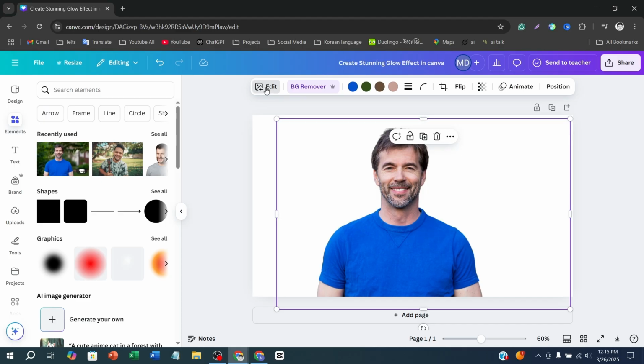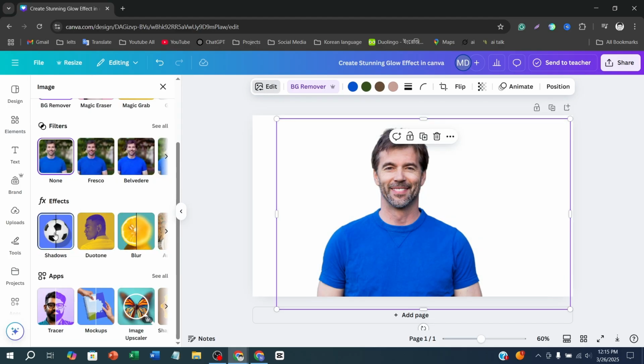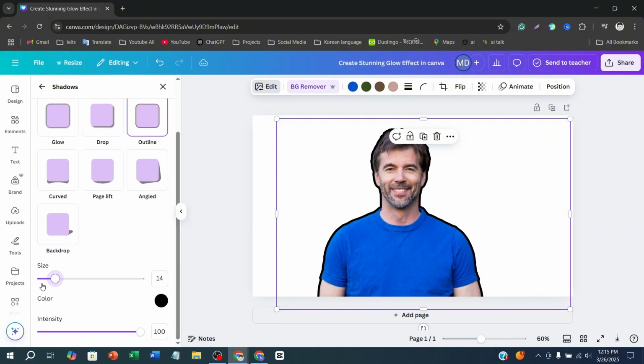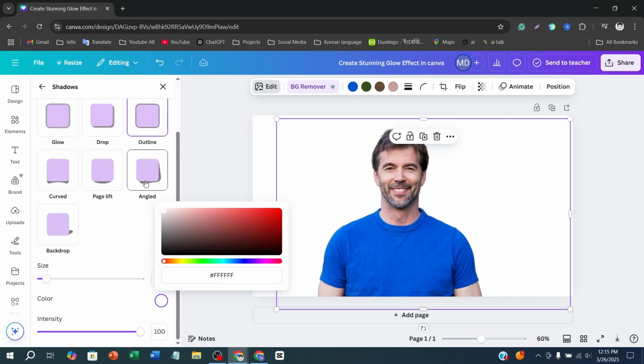Edit at the top toolbar. Under effects, here is Shadow, click on Shadow. Now click on Outline, change the size value to 4 or 5, change the color to white, then download this